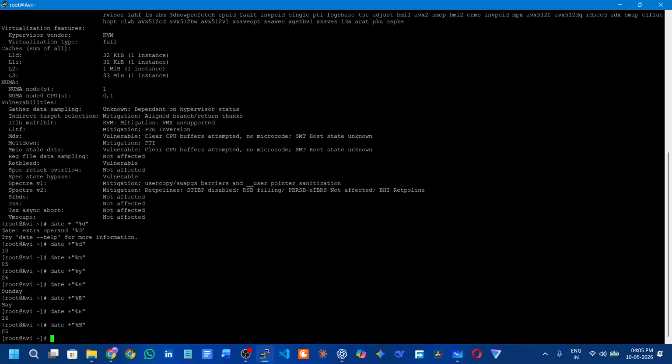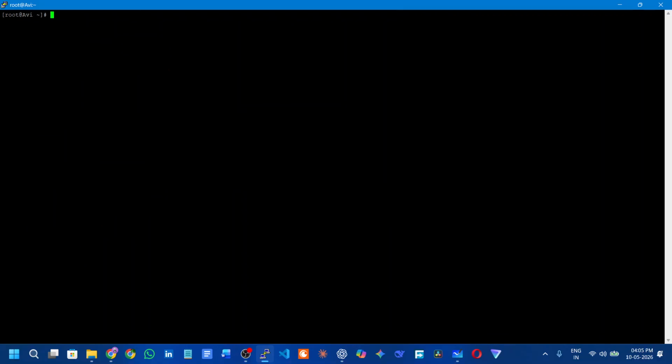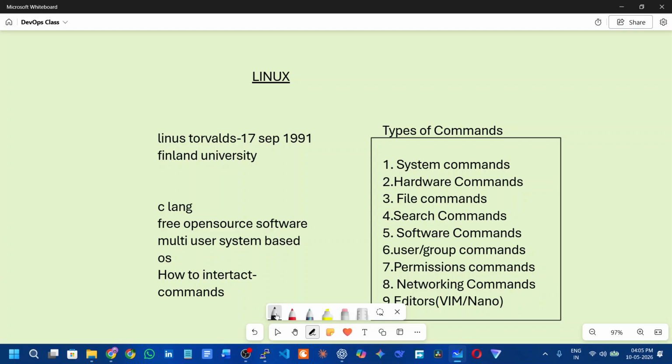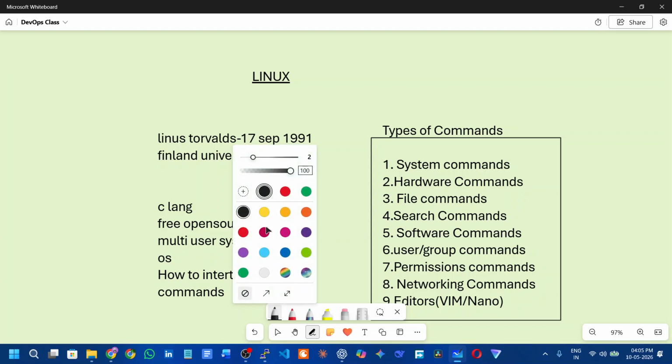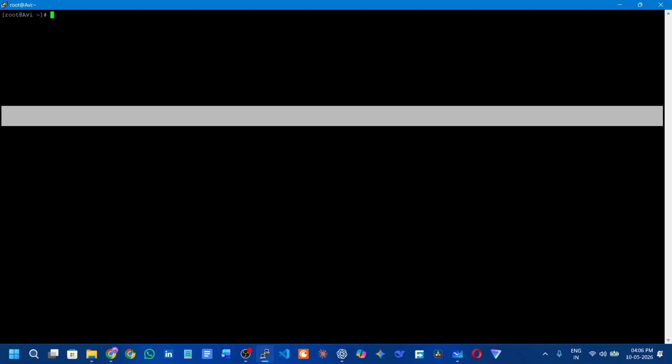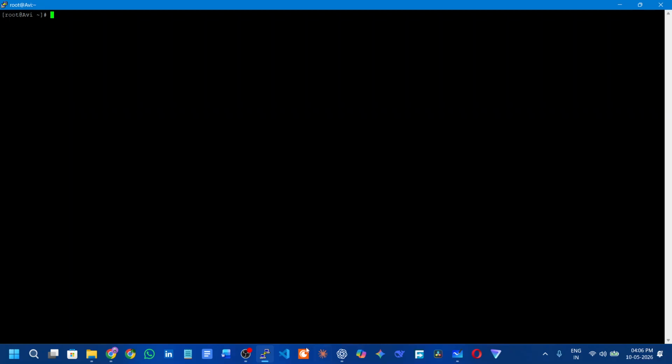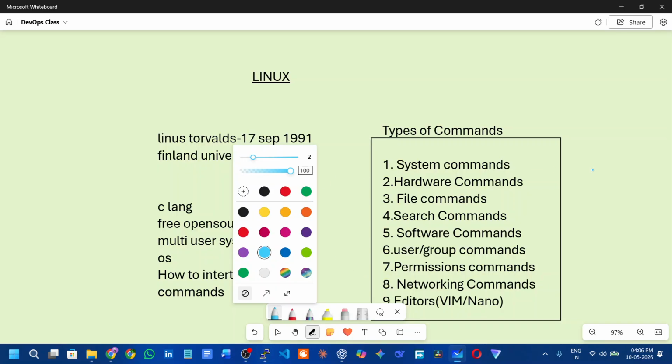Now today we'll discuss file commands. Let me clear this screen. For you to create some files in Linux, what will you do? We'll be using some commands like